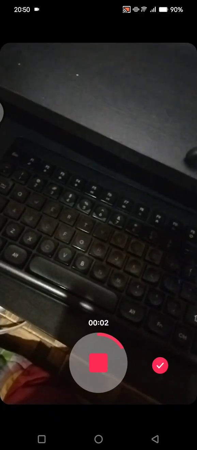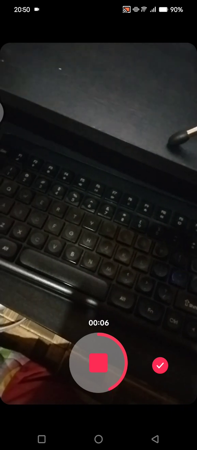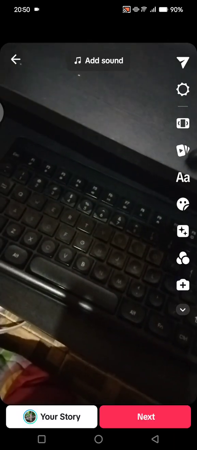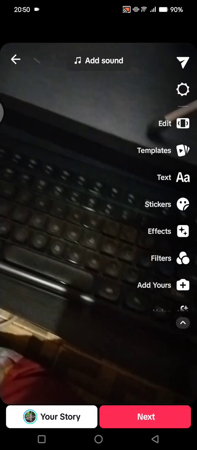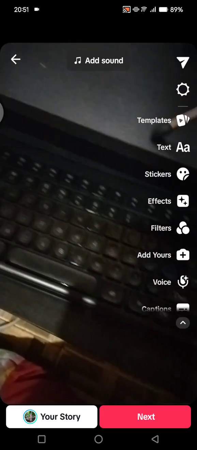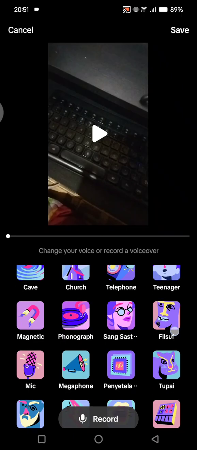For example, in here, I'm going to just tag a video directly from the TikTok camera and stop it. Click on the check icon, and now you can just click on the voice button. So just click on the voice, and here you can just